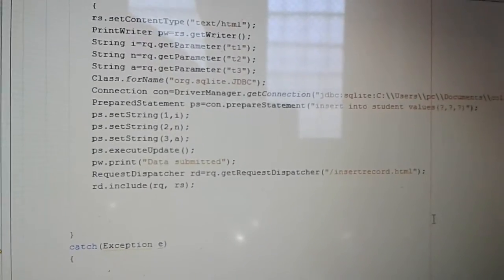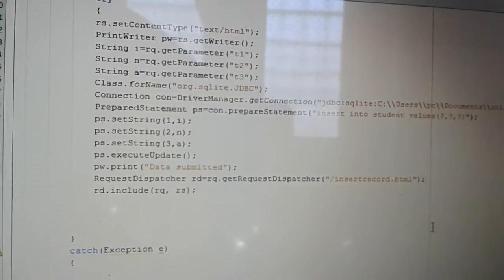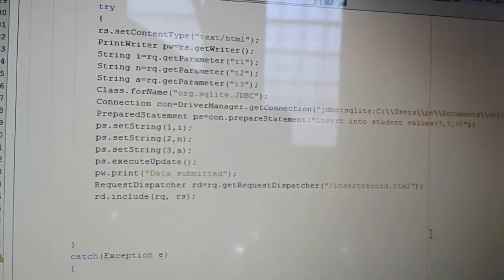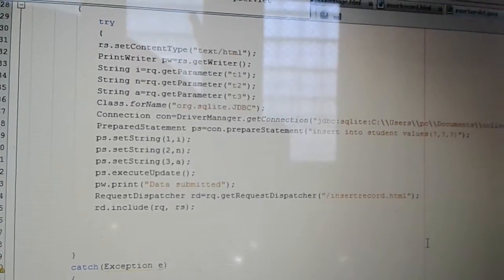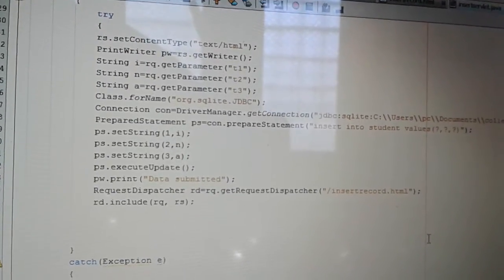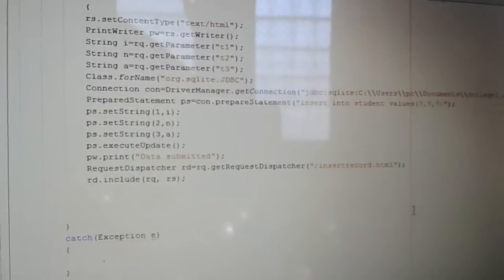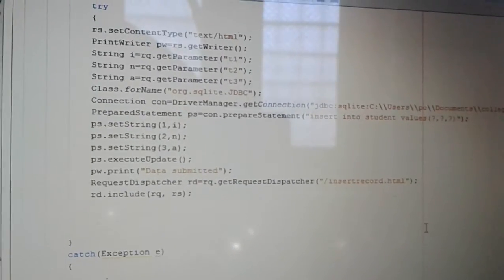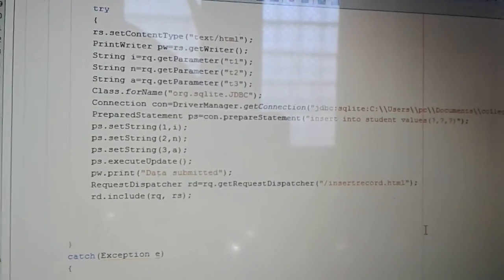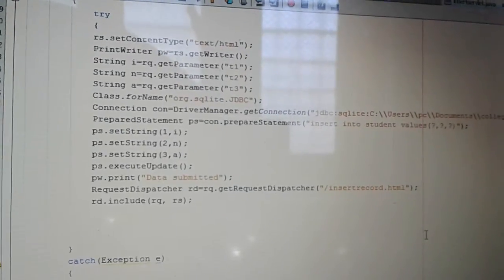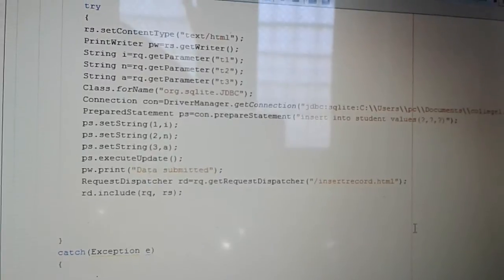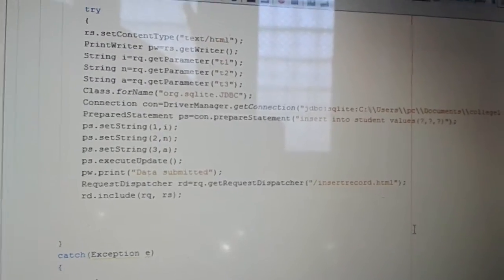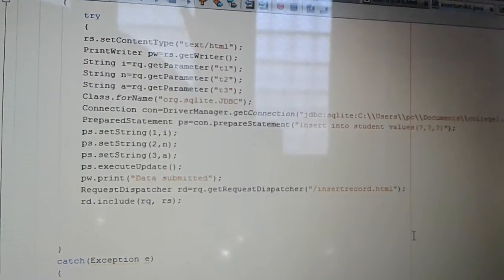And now the id is stored in i, of string type, and the name is in n and the address is in a. Now Class.forName. This is the class for building the connection with the database, and as I am using the sqlite database, the class name is like that. It is external, because this was an external file, so